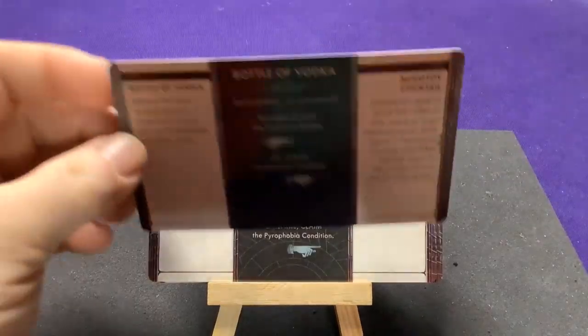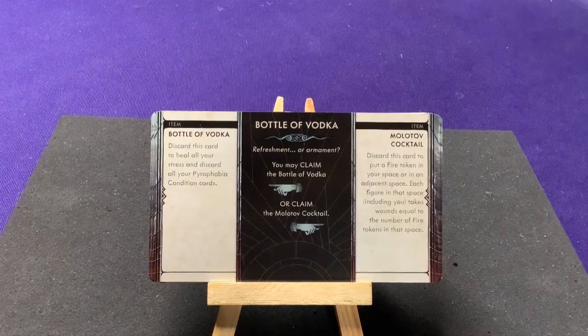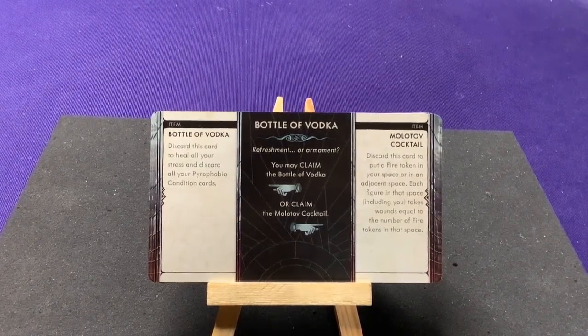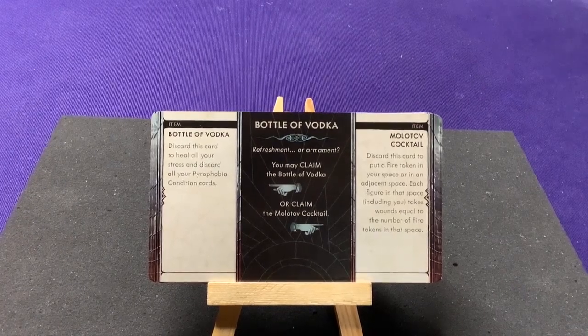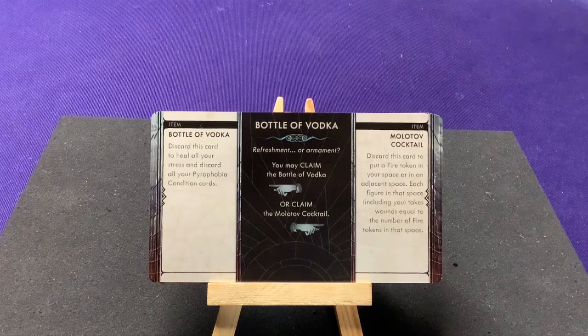So that could be cool. Team that up with the flamethrower. A bottle of vodka. Refreshment or an armament. Claim the bottle of vodka or claim the Molotov cocktail. If you get the bottle of vodka, discard this card to heal all your stress and discard all your pyrophobia